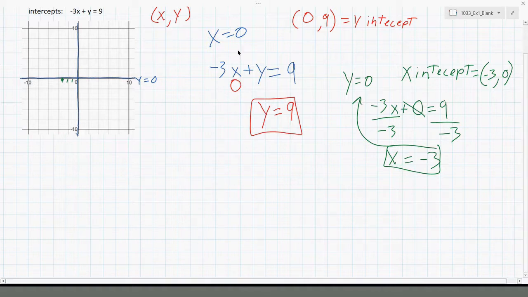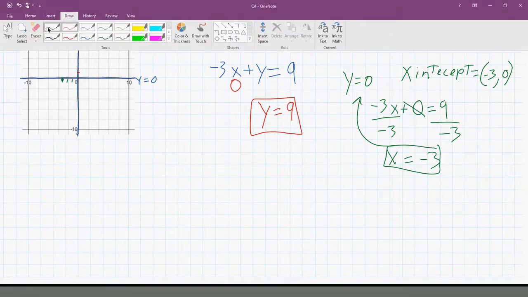And then our other one I did in red, right? So the other one says at x equals 0, y equals 9, right? So we'll just go 1, 2, 3, 4, 5, 6, 7, 8, 9. No, 9's there. So if that's 9, and that was 3, then we're just going to go over here, turn my lines black,